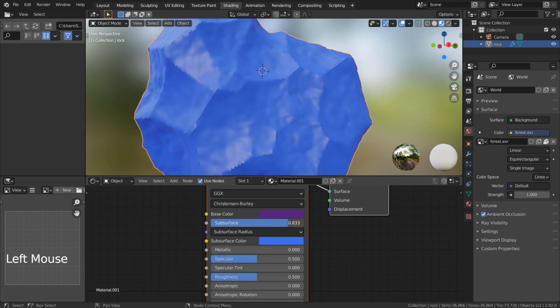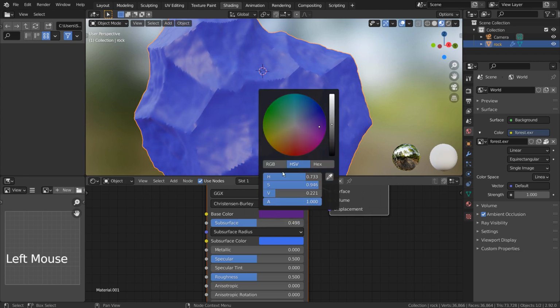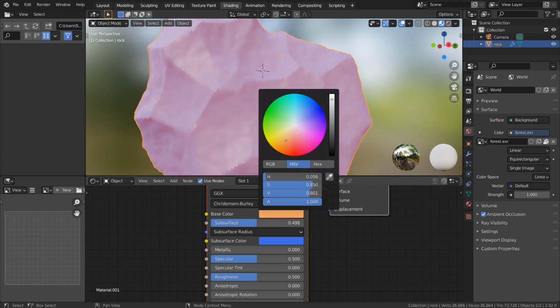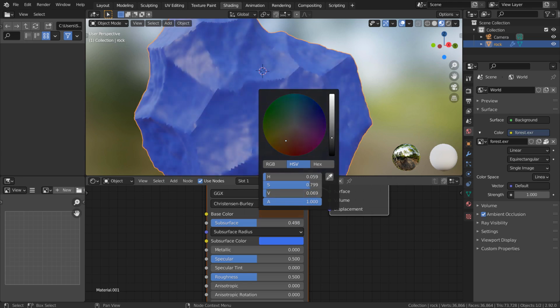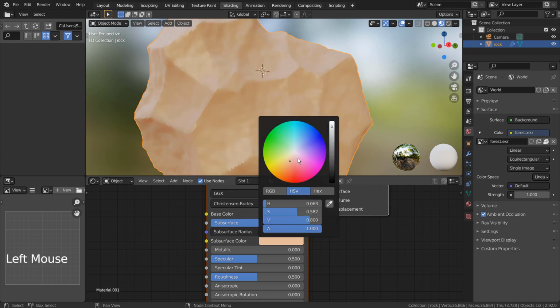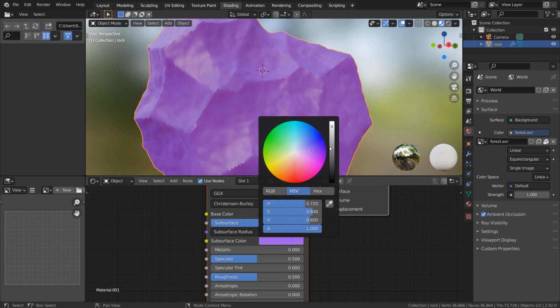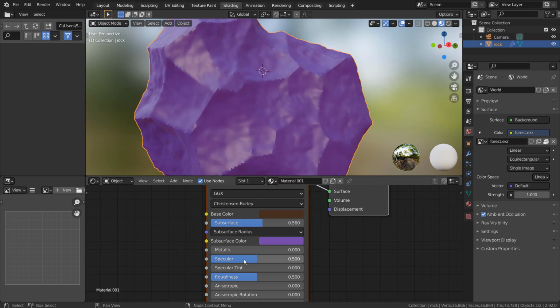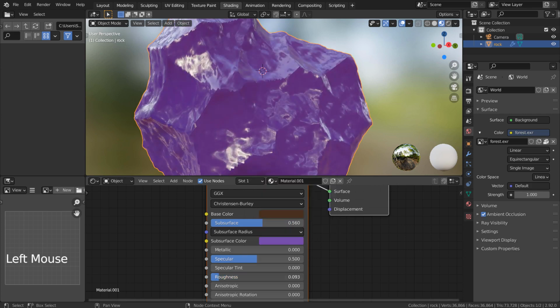Please experiment with all subsurface categories, and see how the color changes. I'll lower the roughness.